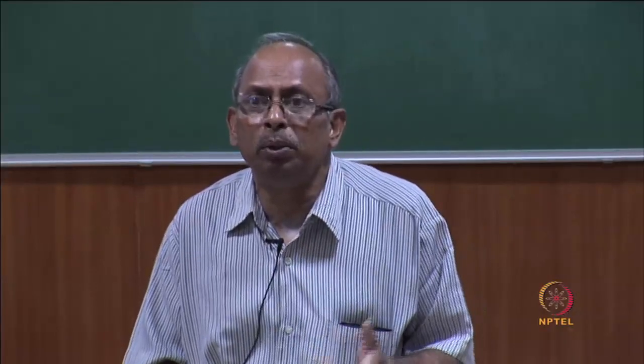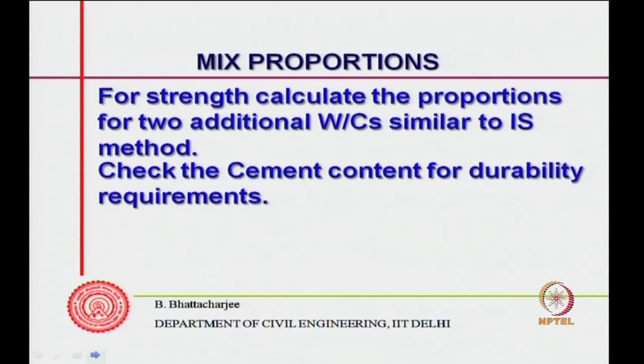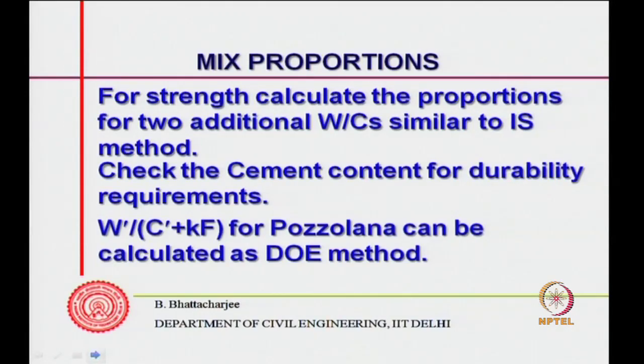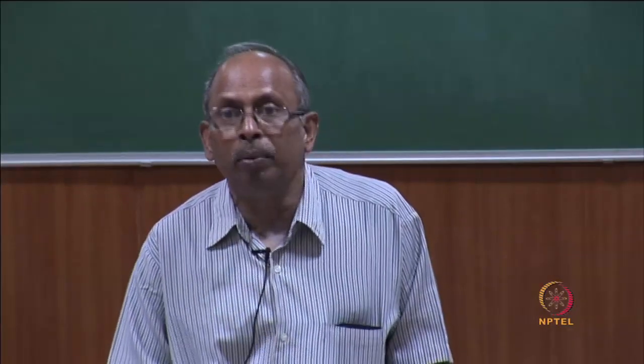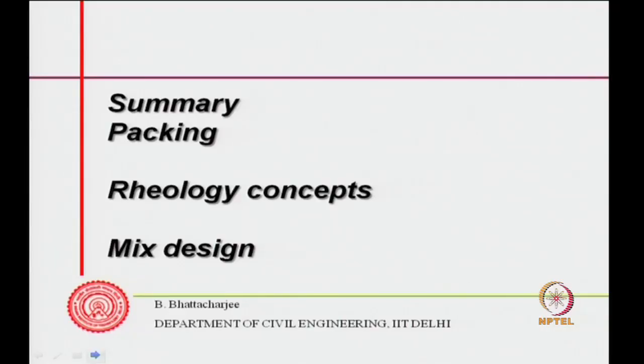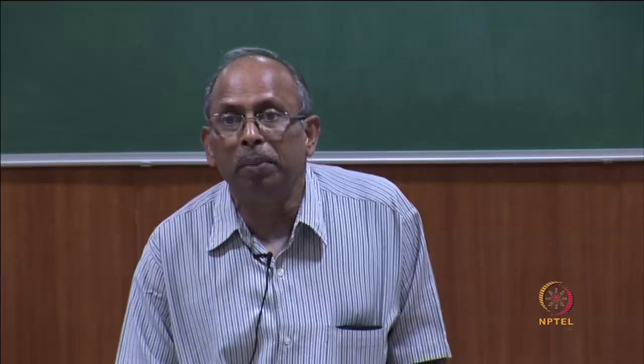So, the trial mixes will be 2-3, similar to IS 10262, which is quite rational, and check of course the cement content for the durability requirement. It should not be less than the cement content specified. This water cement ratio, K factor for pozzolana can be calculated by the DOE method, which we discussed earlier, or it can also be calculated from the 10262 method. So, therefore, you can obtain the complete mix proportion,